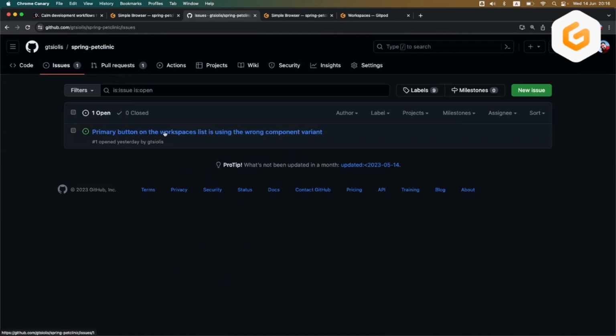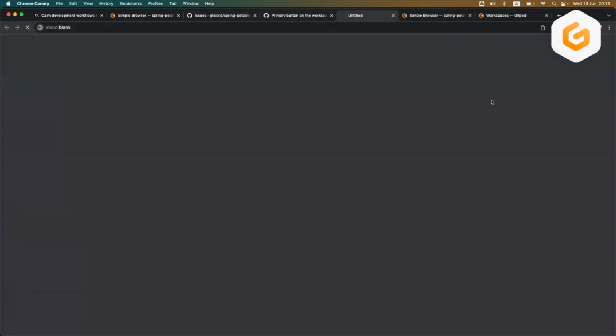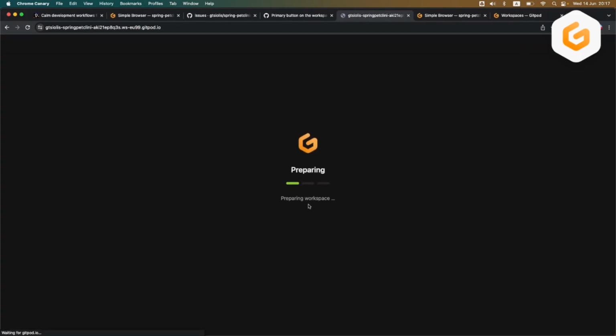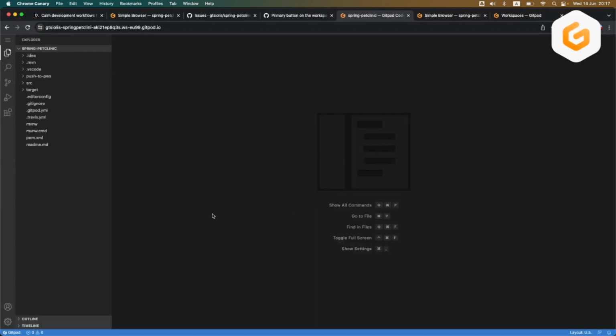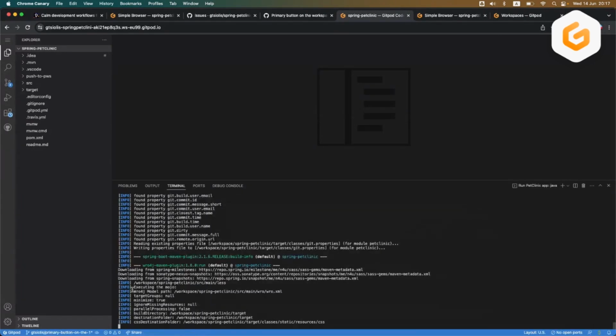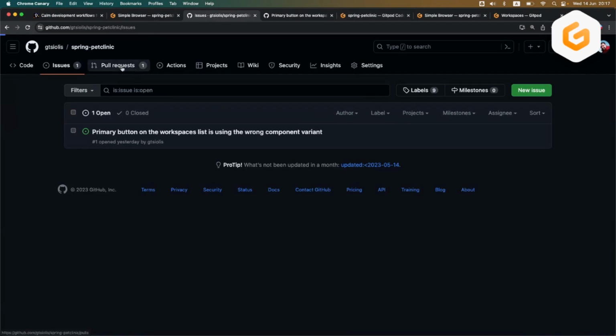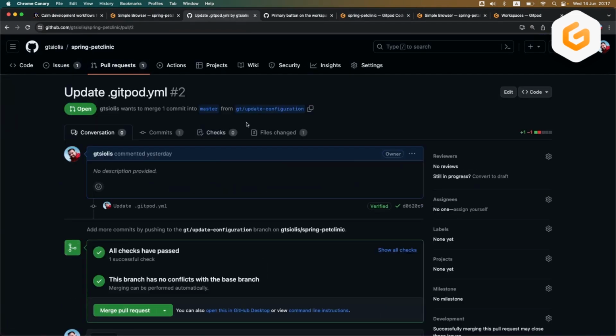I have 2 sample issues. I can go in that issue and create a new workspace for this specific context, which is the issue context. And we can create a new one. What we'll see here is that once the workspace is ready, which is using the latest commit on the branch we want, a branch will be automatically checked out and created for us. So we no longer need to check out or create a new branch. If you see here on the bottom left, you see my username and the branch, which is created after the issue name. So you no longer need to be careful about the branch name. You can still change it, but it's a small automation that helps.